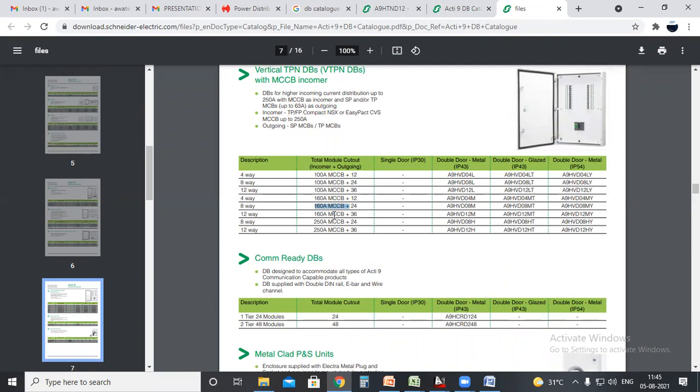He just asked what the difference and advantage is. So I explained, and he told, yes, it would be great if you could provide separate distribution boards for LDB, the light circuit, and power circuit. He also requested a separate distribution board for the kitchen area, because he had high premium kitchen equipment like dishwashers, oven, and a lot of other equipment.